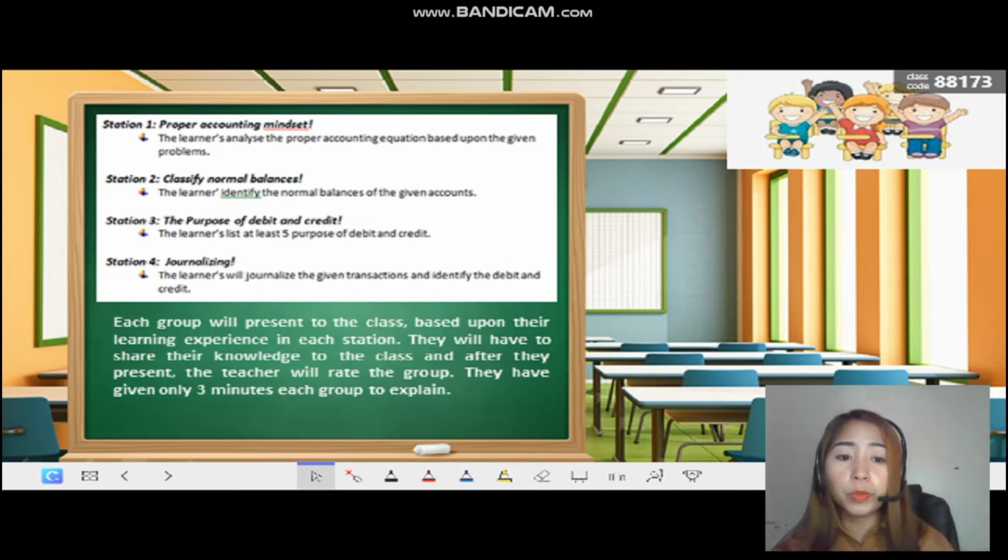Okay, each group will present to the class based upon their learning experience. In each station, they will have to share their knowledge to the class and after they